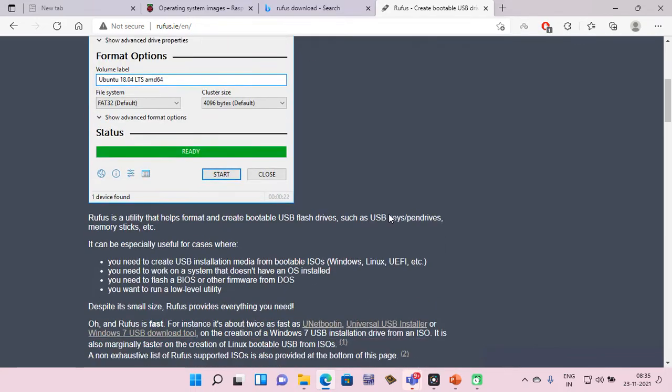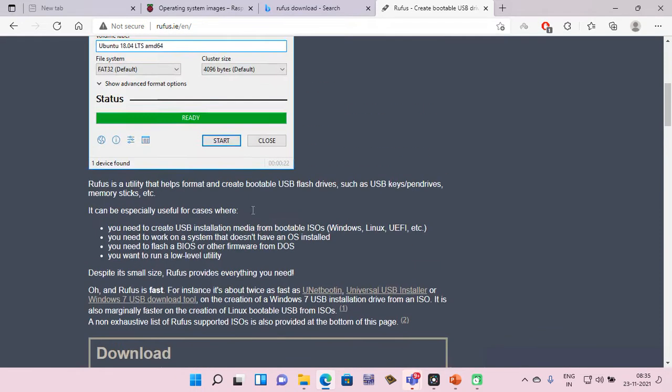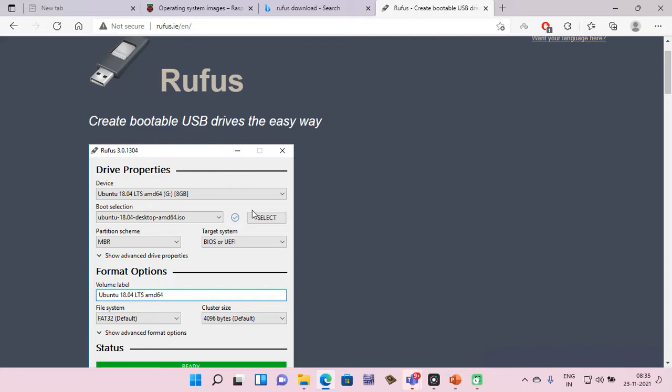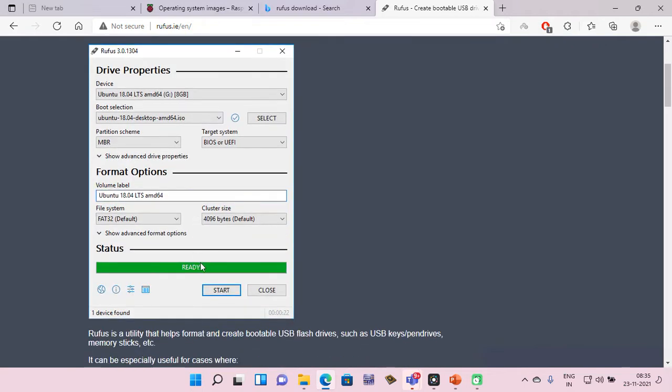Download the reference, very small in size. Look at over here, only 1.3 megabytes. If you download the software, it's a very smart way. Just select your SD card from here, select the operating system, and then you can directly write the image, and very fast. This works very fast. I have tried this software several times, and it works like a charm.